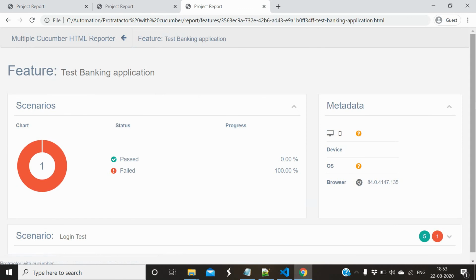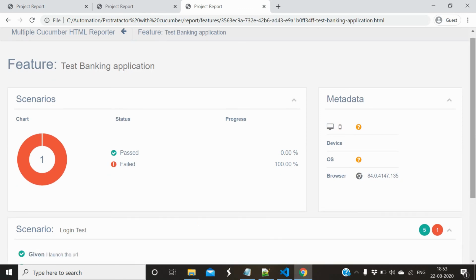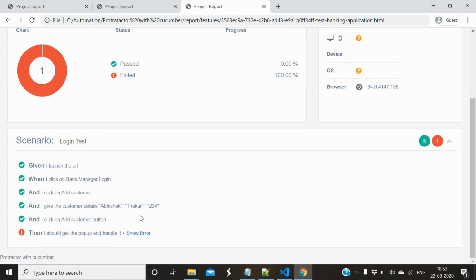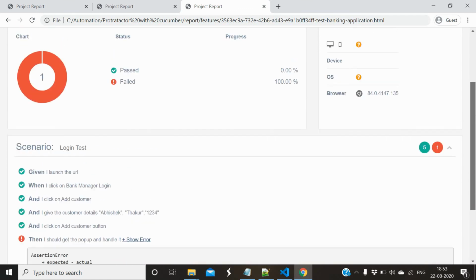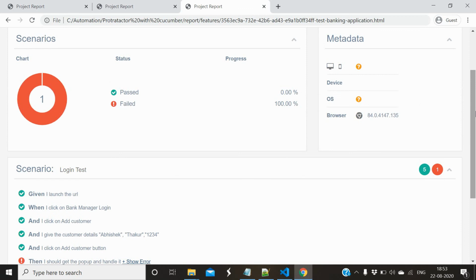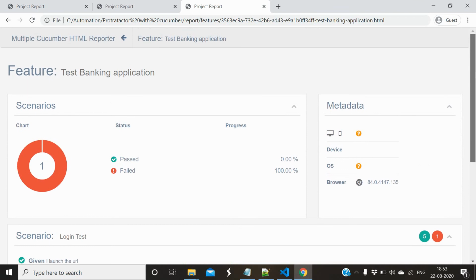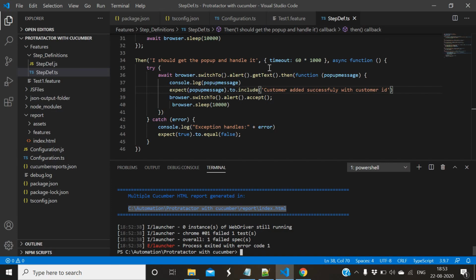Once you click and see the steps, step 6 has failed and it will also show the error, because validation failed, an assertion error, so that's why it failed. This looks pretty good, right? And it can be shared with business people and other stakeholders. So this is how you can generate your HTML report.